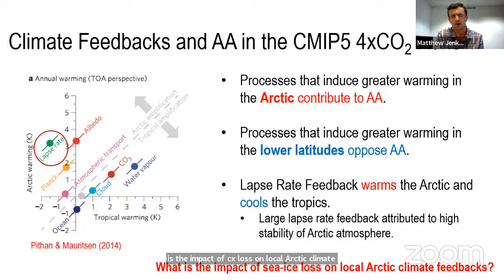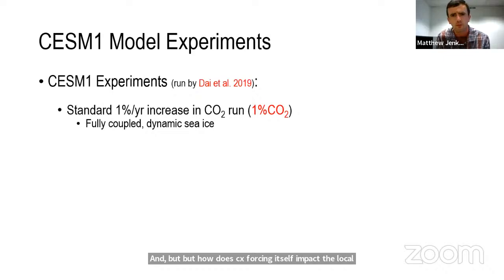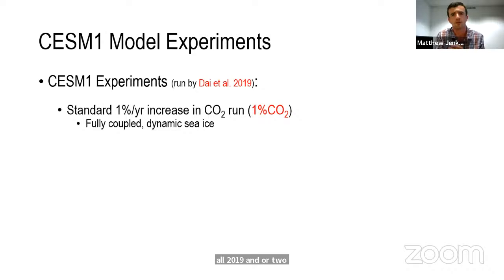And since we know that sea ice loss is very important for the Arctic amplification, how does the sea ice forcing itself impact the local climate feedbacks in the Arctic region? To answer this question, we used two CESM1 model experiments, which were used previously by the study of Deser et al. 2019. Our first experiment is a standard 1% per year increase in CO2 run with fully